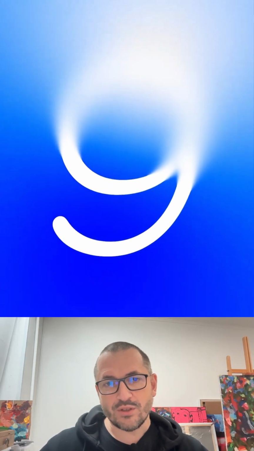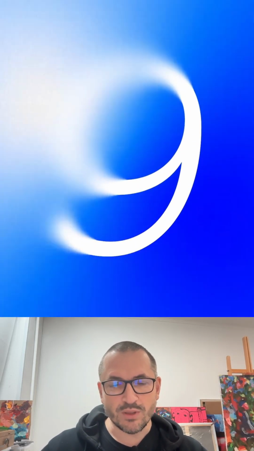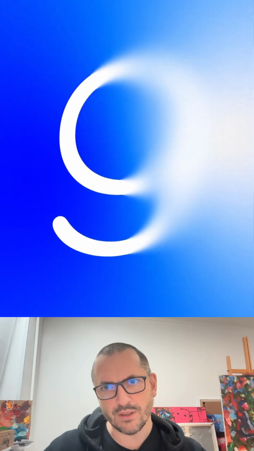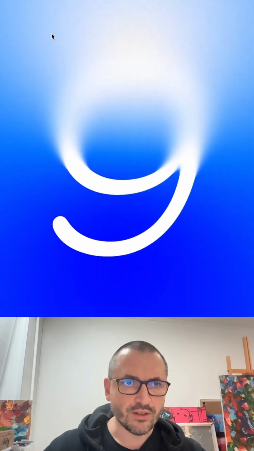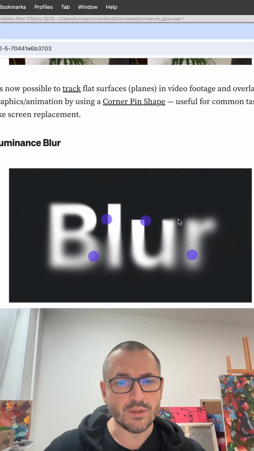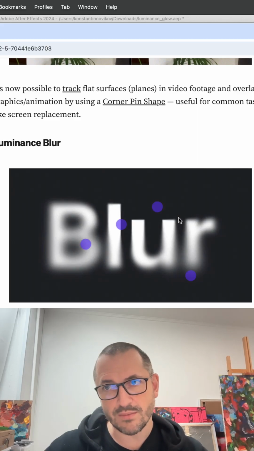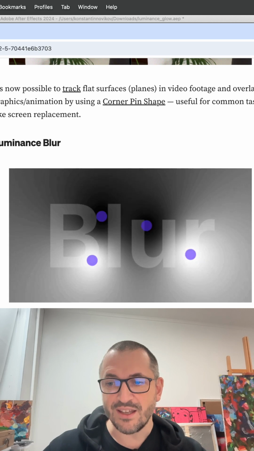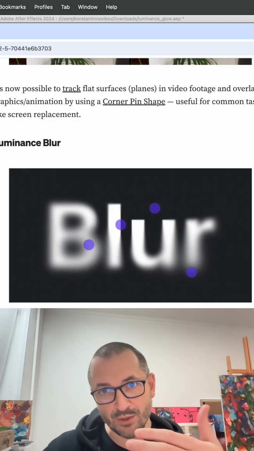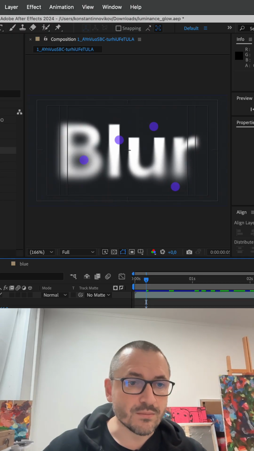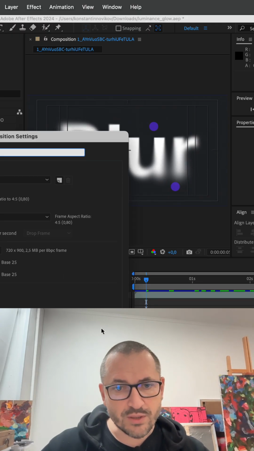But the main question is what the heck is a luminance blur? And a lot of questions. Actually, if you go to site Cavalry, you will see that luminance blur is quite a boring effect. I mean, it's not bad, but it's a simple effect. And we have the same in After Effects, if you know After Effects and we are talking on the same language. How could it be done? Let's try to do this together.